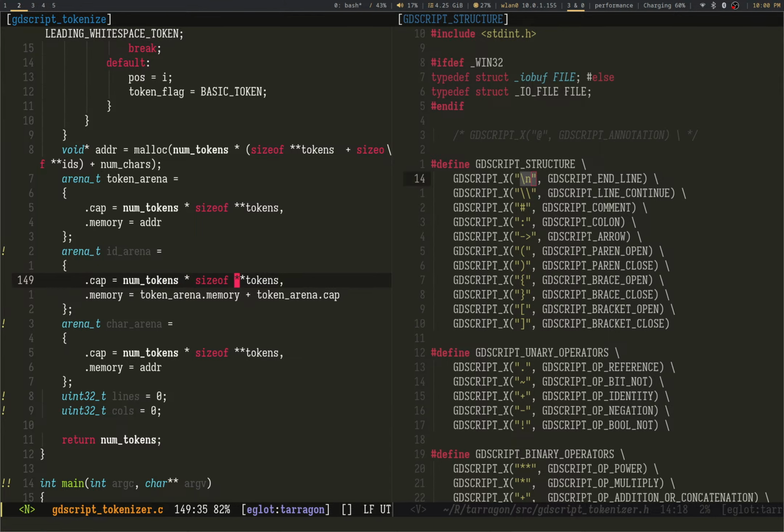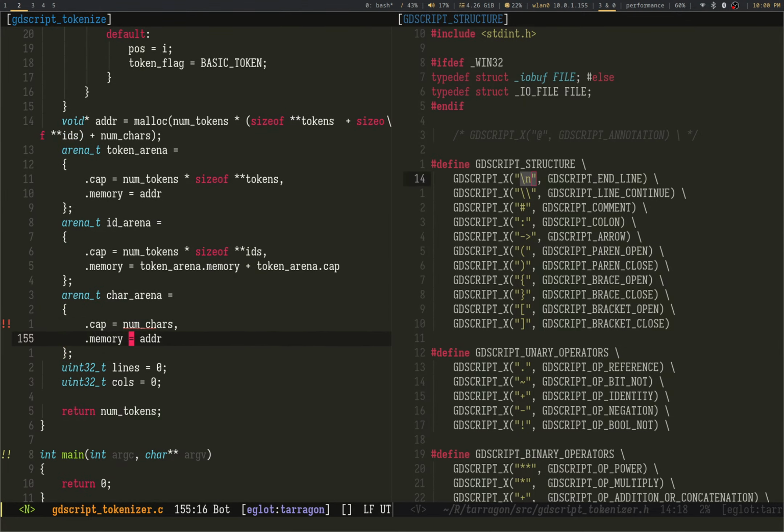Num tokens times sizeof ids. Yep. Current num characters, just num characters. Yep. Checks out. This is the id arena dot memory plus id arena dot cap.